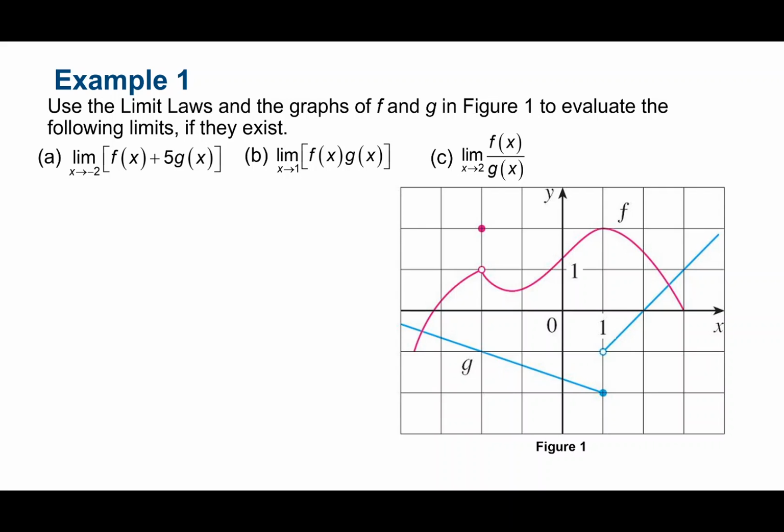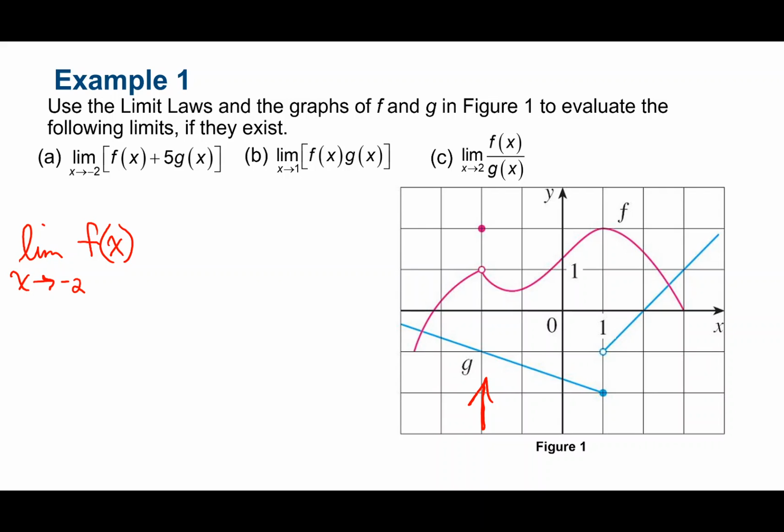I'm going to evaluate the following limits if they exist, so we're not guaranteed. So part A might be a little small, but we want the limit as x approaches 2. So here's our x value line we're approaching, of f of x plus 5 times g of x. So if we want to use our properties, we could break this thing down. You don't have to do this every time. Oh, it's -2. Sorry, I didn't see the negative myself. We're actually over here. It says x approaches -2,